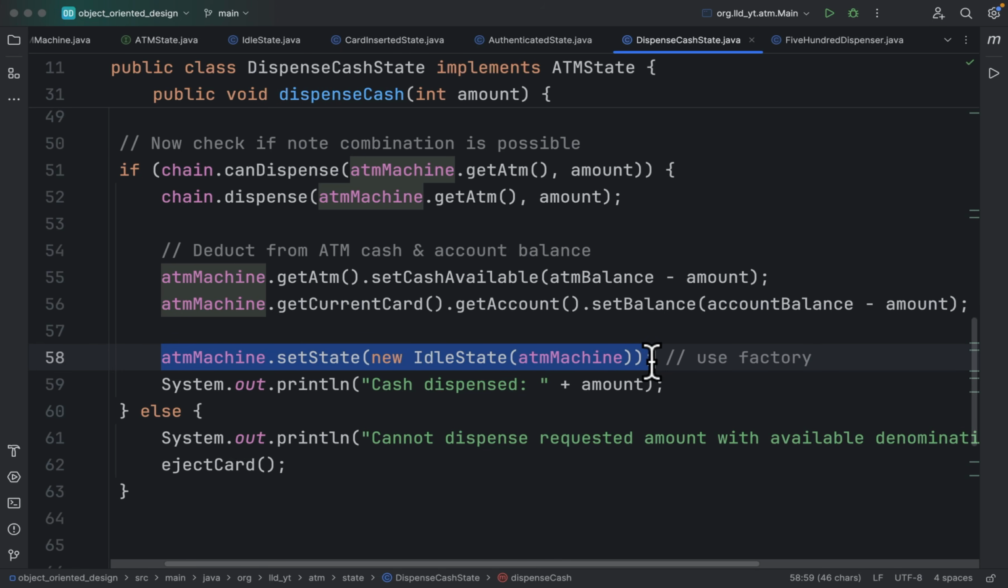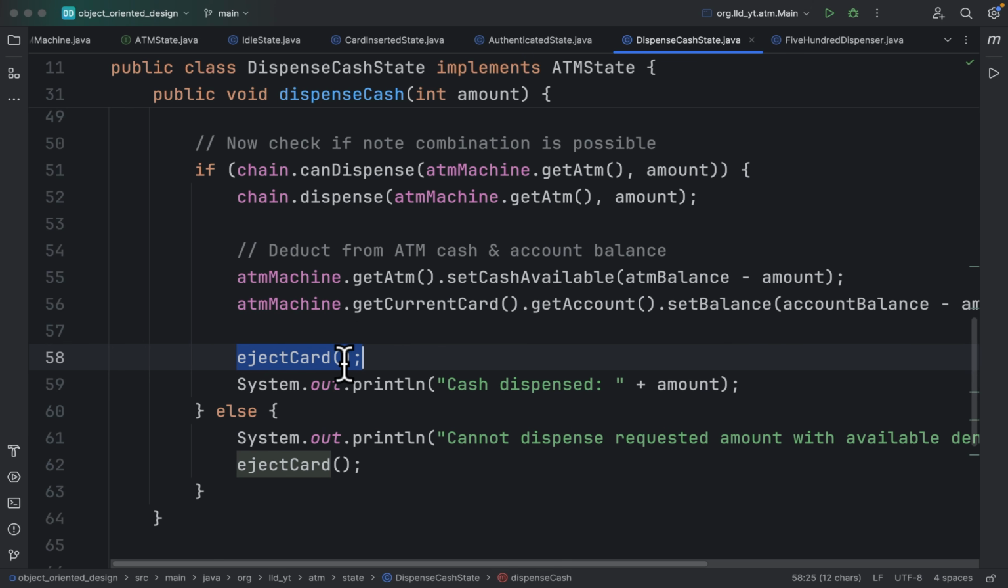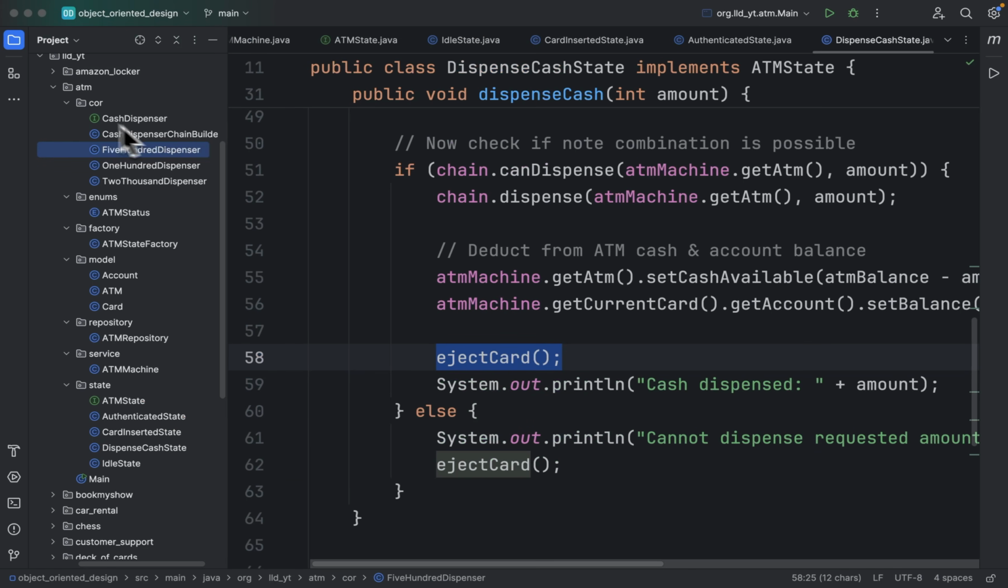Okay. So instead of doing that, we can just eject the card here itself. So card would be ejected and the ATM will be moved into the idle state. So these were all the classes present in this ATM system. So I hope now you